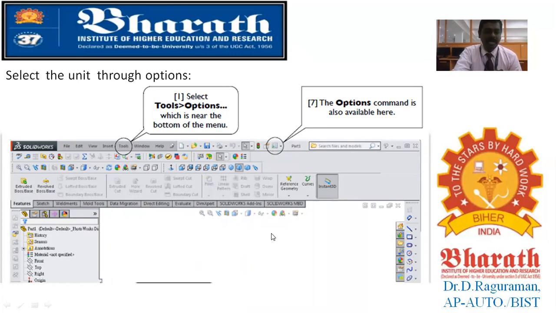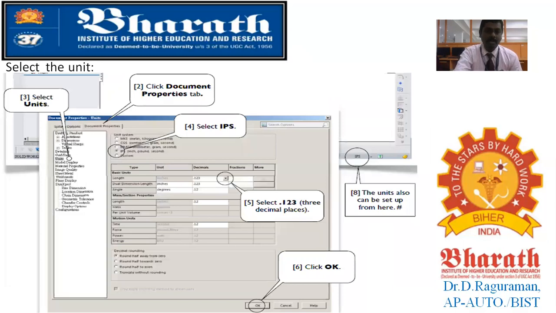First thing needed, we have to define what coordinate system you are going to use. It is given in inches. In the component part diagram, you have seen it is inches. So you are going to select inches, that is the IPS, inch, pound, and second system. Once you click that option, you will get a dialog box like this. On this, you will see a number of commands, and here you can see Units. So you click Units.